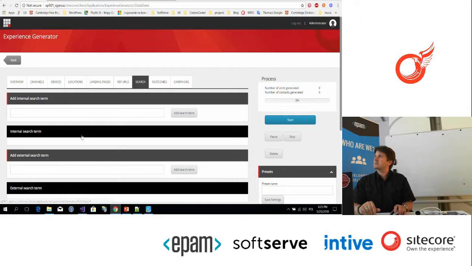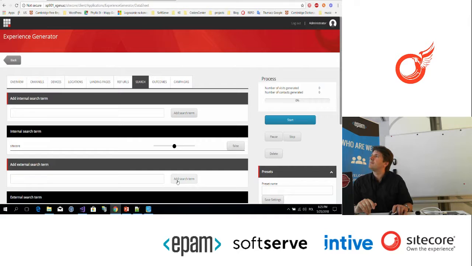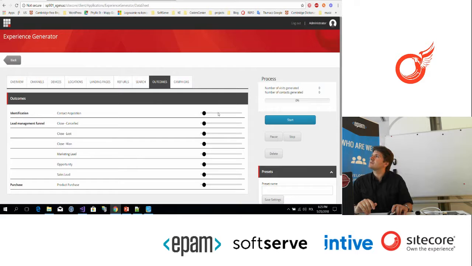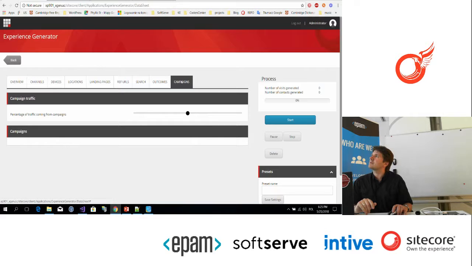We can also add some search keywords, internal and external. We can also define some outcomes here, and campaigns. This tab is not connected currently, so we can skip it.